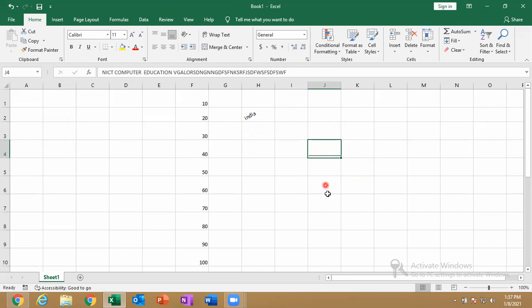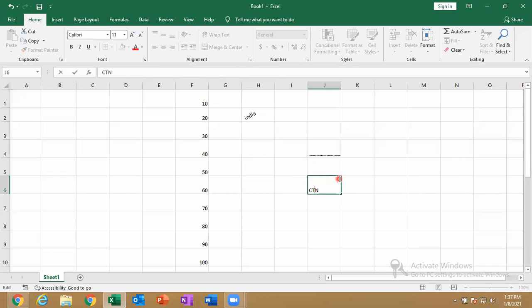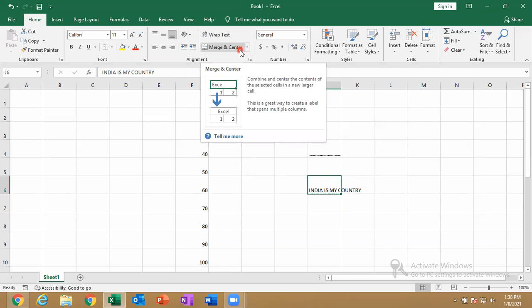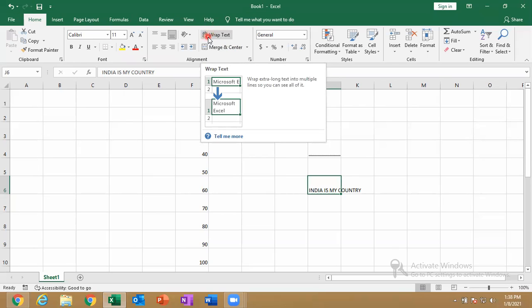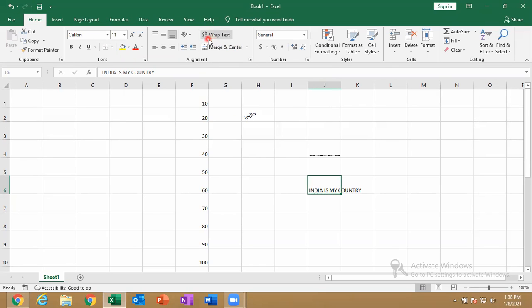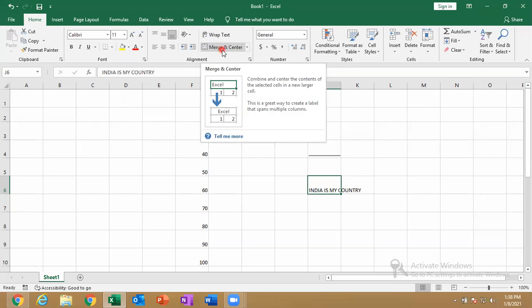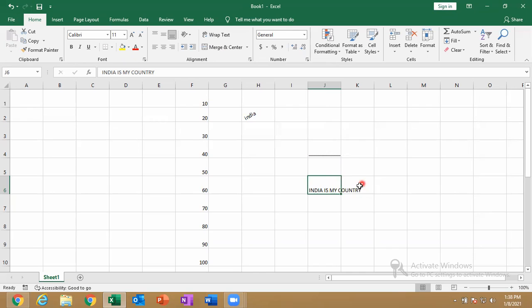And then here in the next cell, let me type lengthy data, like this. Wrap text. That means you can see this logo A, B, and one down arrow mark is coming, and at the bottom they wrote C. So that is nothing but whichever goes more than this column, out of this column.